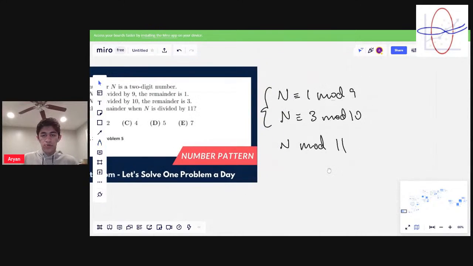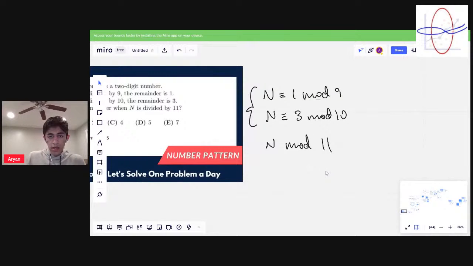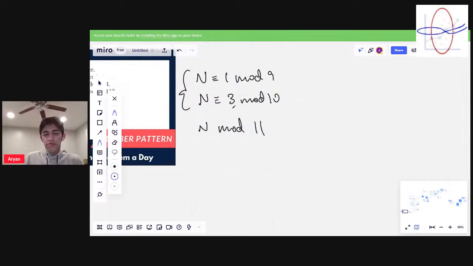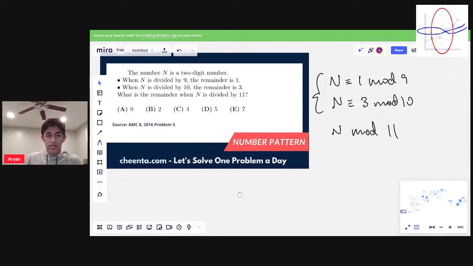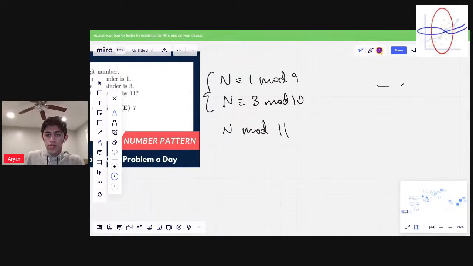So now if we look at these first two, mod 9 and mod 10, we always prefer dividing by 10, right? Dividing by 10 is easy because when you take remainders, when you divide by 10, we know that's just the units digit, right? Like 23, for example, 23 divided by 10 leaves the remainder of 3 because 3 is your units digit. So basically, if the problem tells us that n is 2 digits, right, that's the first thing they tell us, we know that our 2 digits, the units digit is a 3, right, because that's 3 mod 10, so that's satisfied. Now we have some digit, let's call it a, so that a and then 3 is